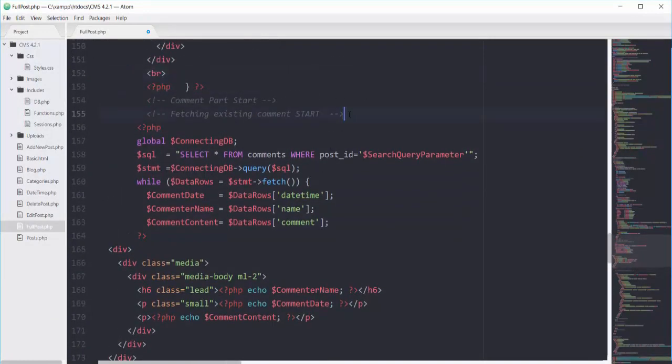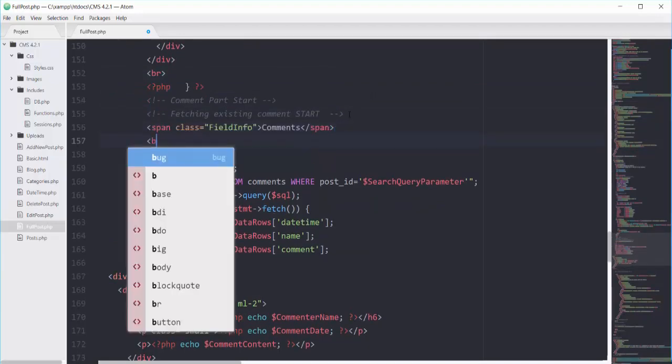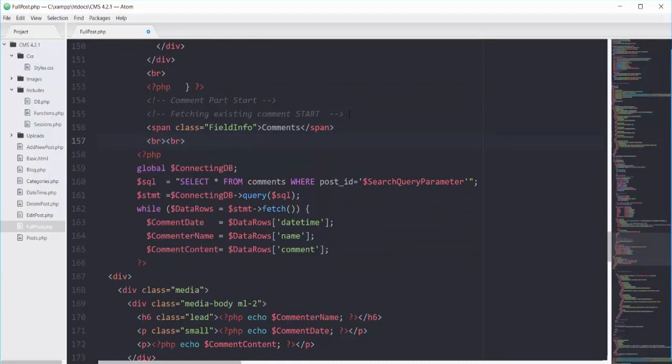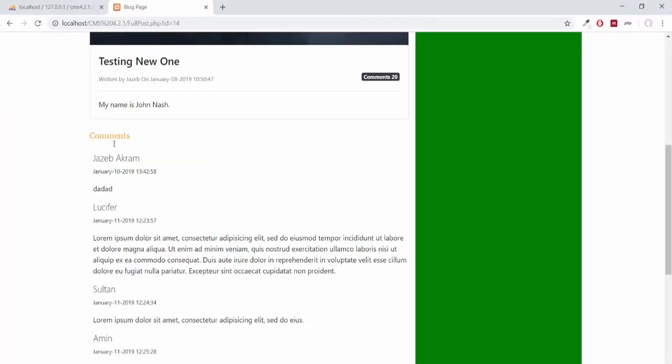I will put it right here, and let's add a couple of br tags so that we can have spaces. Now if I save this one and refresh my page, you can see we have just one comments heading, and then we have the commenter name, the date and time, and the comment content.